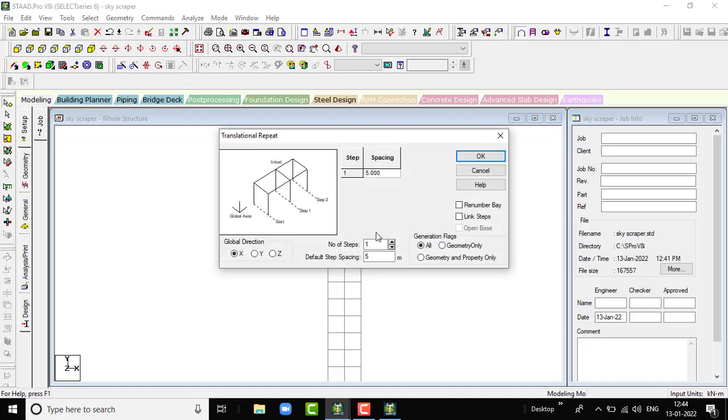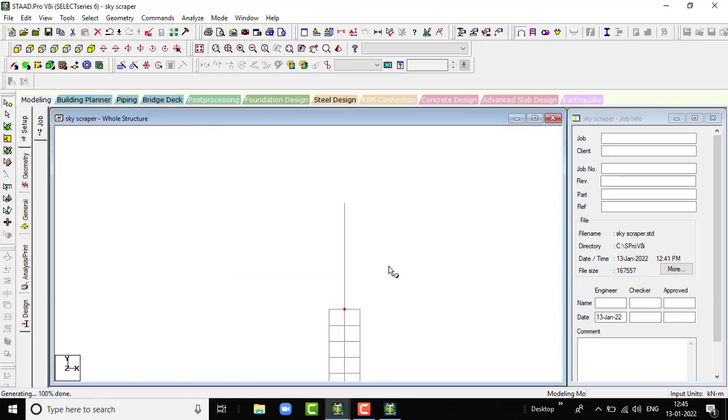Or else we can also provide this up to a height of 20 meters also. Let us give this 20 meters. So click on link steps, click on OK. It has been done. Here you can see this one. So we have to provide the